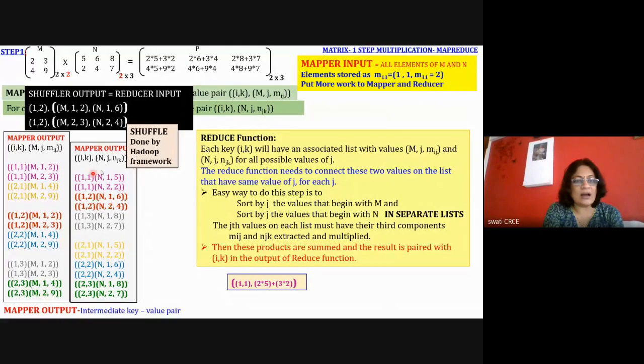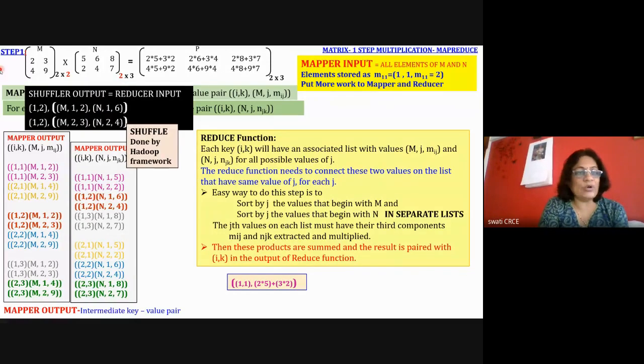All these keys are in observation of the shuffler. Now the shuffler will sort them on the basis of J. So the shuffler will create a list with the key as 1 comma 2, and with J equal to 1, it will list down both the elements. And then for J equal to 2, it will create another list. And this is the output of the shuffler that is going as input to the reducer.